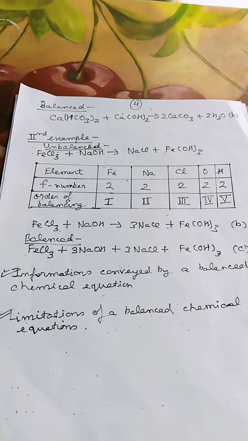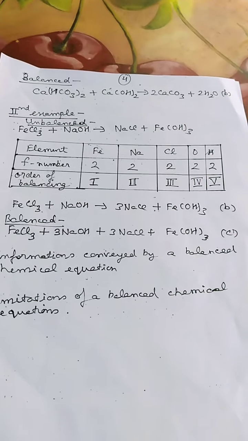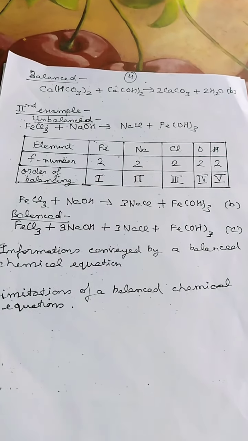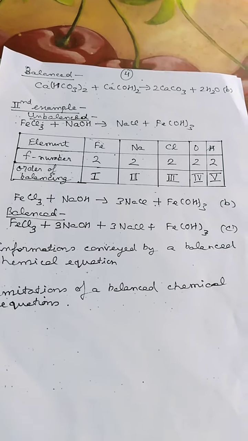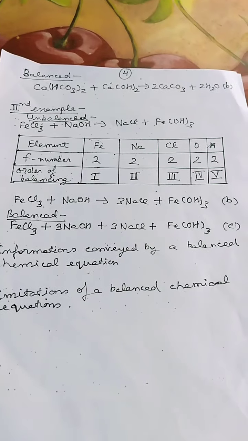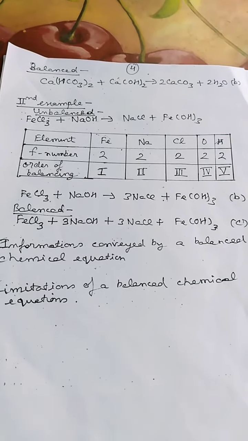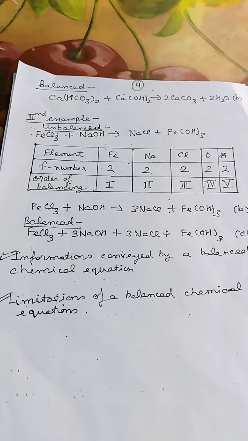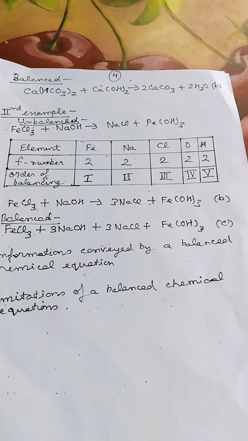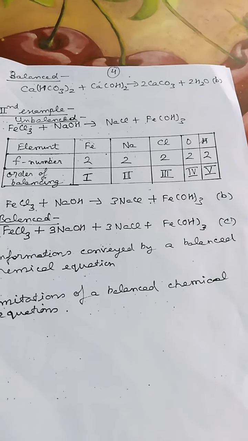Next are non-metals, which are chlorine and oxygen. Chlorine atomic number 17 and oxygen atomic number 18. Atoms of chlorine on left hand side 3 and on right hand side 1. So on right hand side we will multiply NaCl by 3. So it will become 3 NaCl. Equation will be now as seen here, FeCl3 plus NaOH gives 3 NaCl plus Fe(OH) whole thrice.